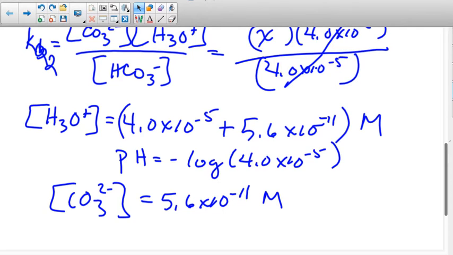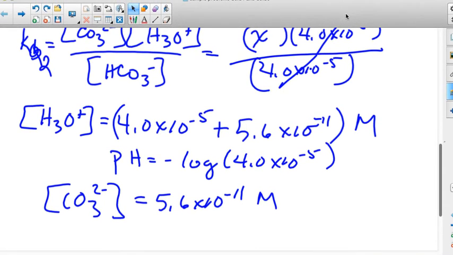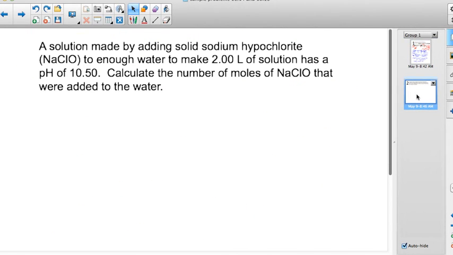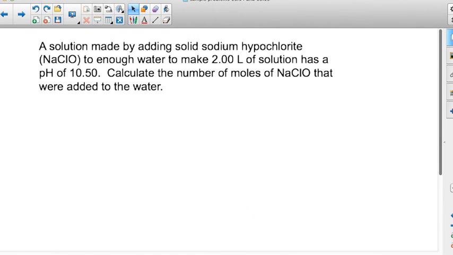I want to go to my next problem. All right. So now let's take a look at 16. Solution made by adding solid sodium hypochlorite, which is NaClO, to enough water to make 2 liters